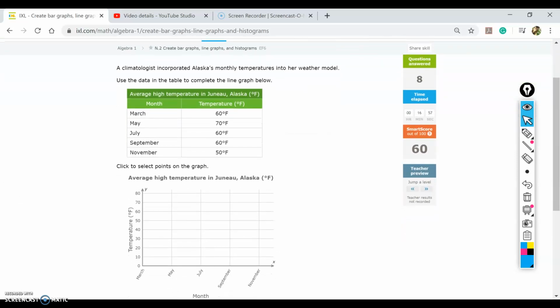Okay, students, so that's all what I'm going to explain for this one. Look how this one is the same thing, the one with the point. So you go and select the point according to the graph, you create your graph, and then you go to the next question. Look how I did 8 questions and I got a 60, which if you do 9, then you're going to get